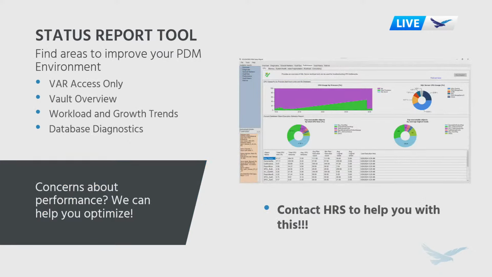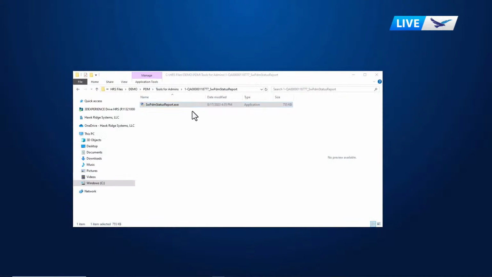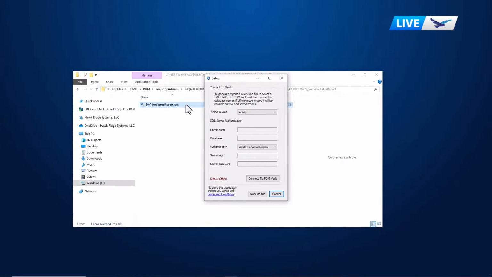We talked a little bit about information that we're creating in the Vault and getting a better handle on really how I can improve my experience, maybe get better performance, or if I'm having particular issues that I want help accommodating within the environment. There is actually a tool that we have access to as a value-added reseller called the Status Report tool. And this will give us some good information about your Vault. So really we would just need access to your database,